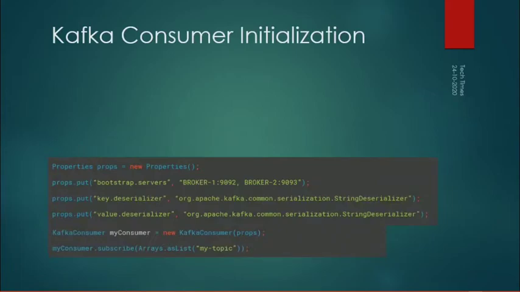Similar to what we have set for producers, we have to set some properties for consumers as well, like bootstrap servers, key and value deserializers. While producing the messages, we have serialized those messages, that is, we have encoded the messages. Similarly, while reading those messages, we have to decode those messages using deserializers. For example, we have used string serializer while publishing the messages, and we will use string deserializer to consume the message.